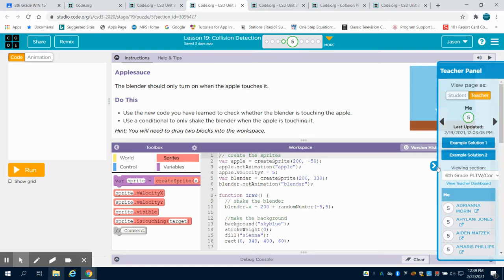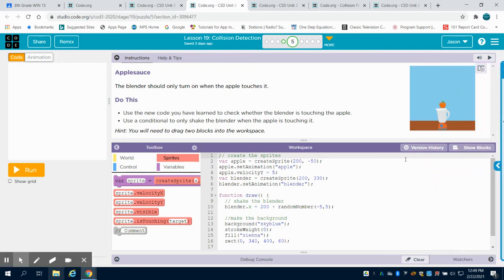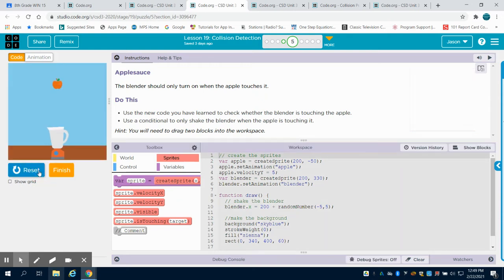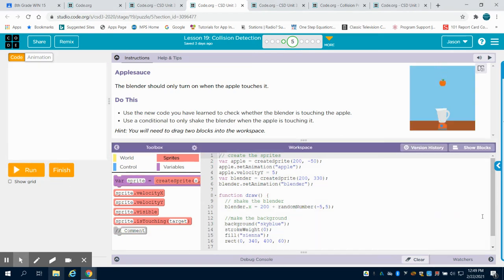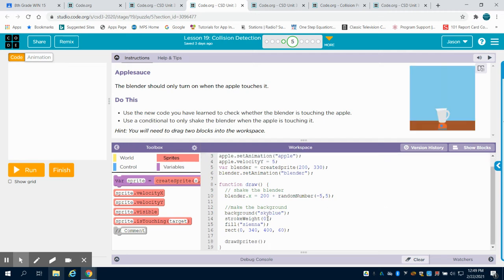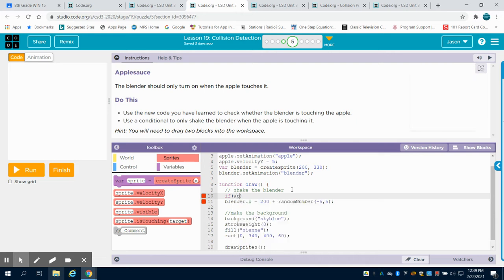So as we move on then, in this example, we're going to see we have, I guess it's probably an apple dropping into our blender, and we want the blender to stop, if you can take a look there. So if I jump into the coding now, we're going to take a look, and we can notice that we don't have a conditional statement in here. So what we want to do is add our conditional statement, and we're going to bring in an if statement, and we want to basically say if the apple is touching,